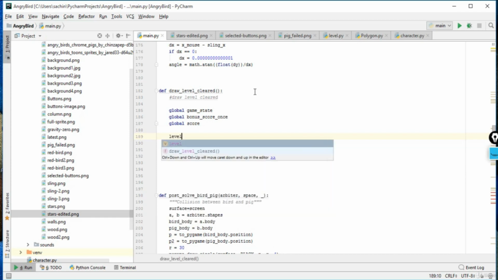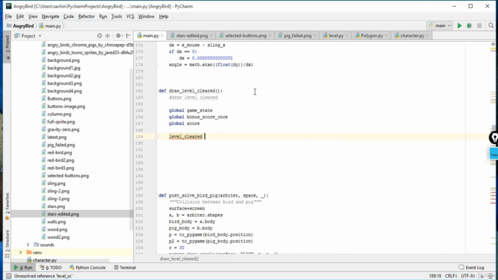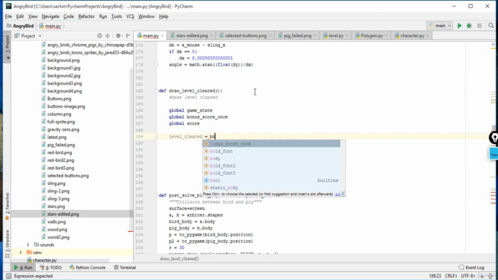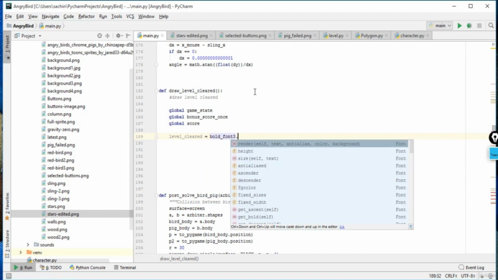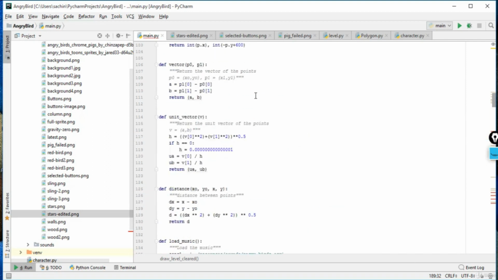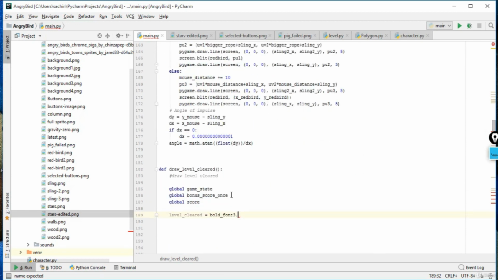Firstly we'll create a new variable that will be level cleared. Let me say level cleared, and this level cleared variable will be bold font 3, because its size will be bigger than bold font 1 and bold font 2. Let me say its size would be 50, so it should be quite bigger than others. Let me render it first. So render, and just give the text first. I'll say level cleared,